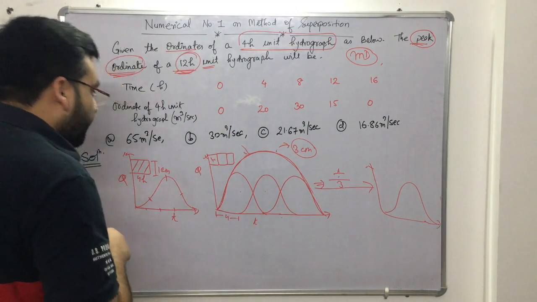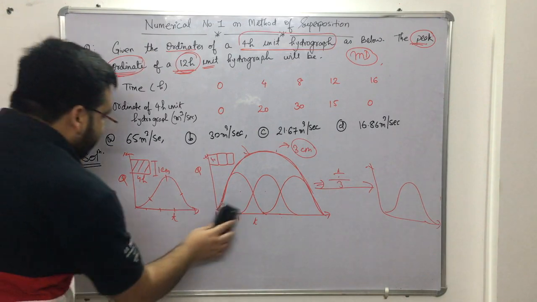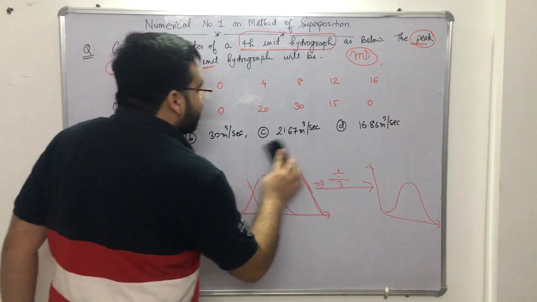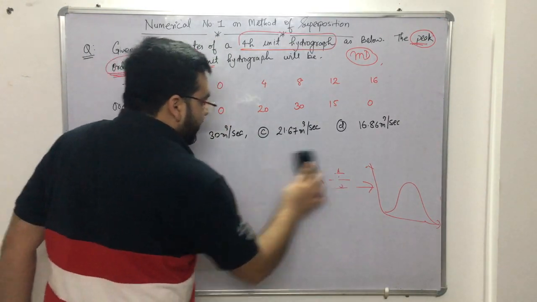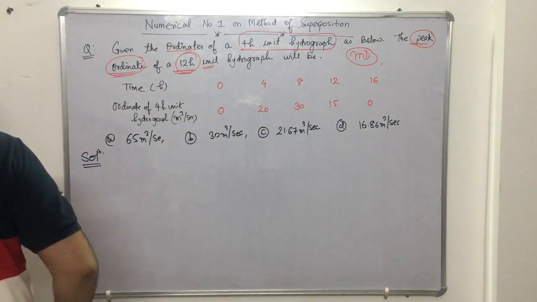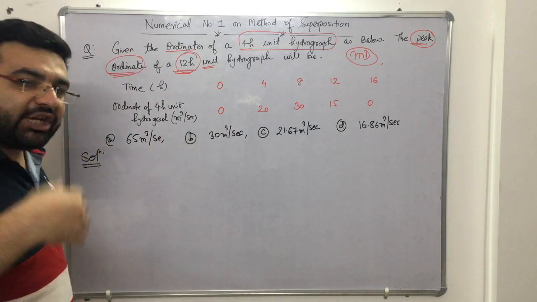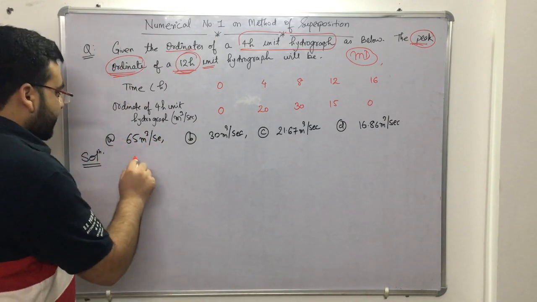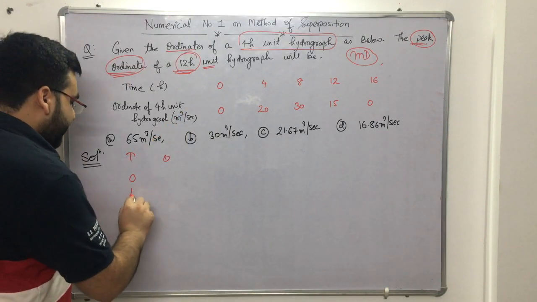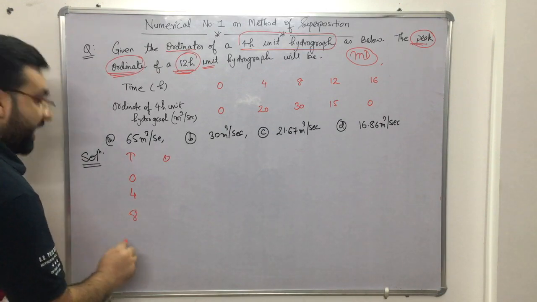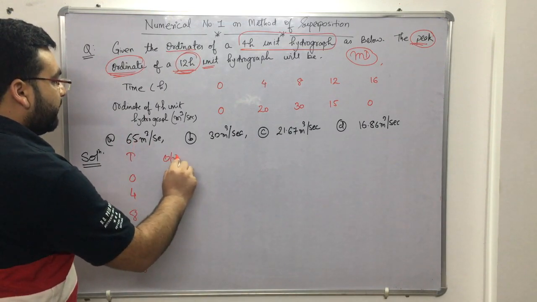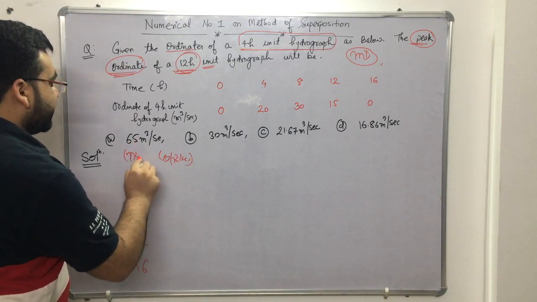Simple, right? Now let me rub this out and make you understand how to solve these types of numericals. Whenever these types of numericals come in an examination, you have to draw a table. Even in the GATE examination these types of numericals come, and there is no need to draw the table; I will explain how to solve these numericals, but for the time being, just to make you understand, let us draw one table. So this is your time and this is the discharge or ordinate. The time is 0, then 4, then 8, then 12, and last 16, in hours. What is the ordinate in meter cube per second?